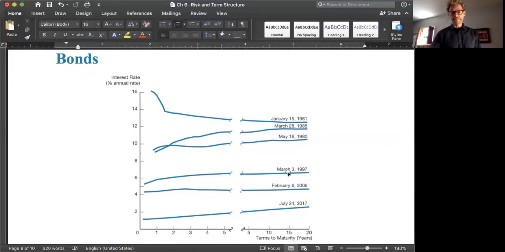Here we see a relatively flat yield curve in March of 1997. Here, the yield curve didn't do such a great job of predicting. We didn't have a recession until 2001, so a recession was still 4 years away. Here's another example of a flat yield curve in May of 1980, where we were in the middle of a recession. And we ended up having another recession in 1981, and you can see in 1981 how inverted that yield